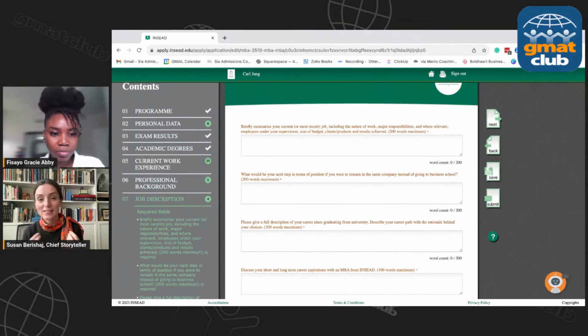This is what I mean, is that you have a lot of questions that are part of the application portal that are not necessarily considered essays, although you are responding in somewhat extensive enough detail for the schools. So it's really important that you take the time to develop these external to the application portal and make sure that you are really fully answering the questions before you copy and paste them in here, and then before you